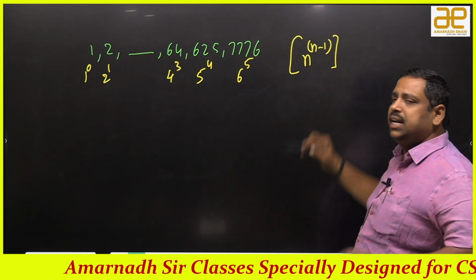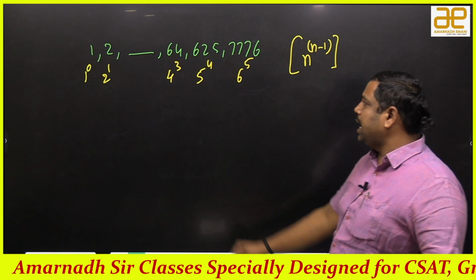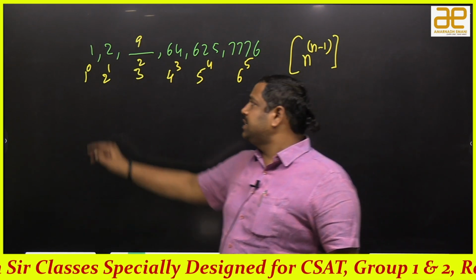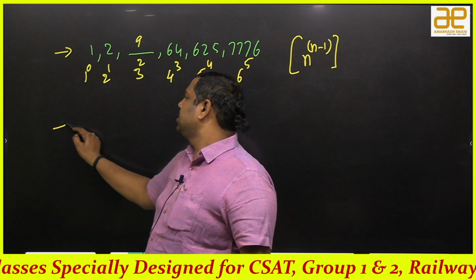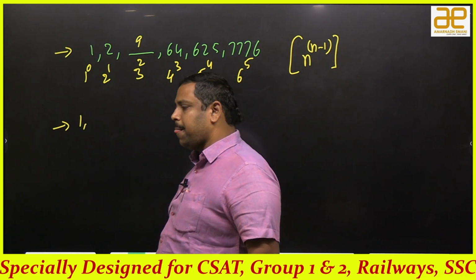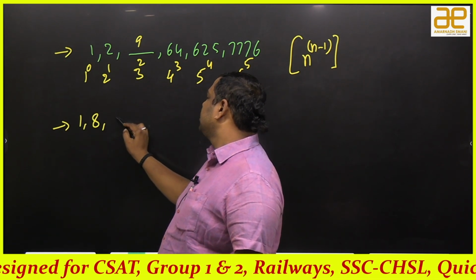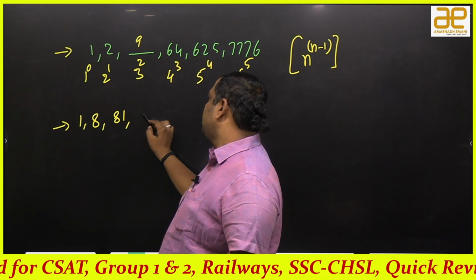The base power its previous number. So the answer will be 3 square. How much is it? 9. Okay, the next number is 1, and this is 8, and this is 81, and this is